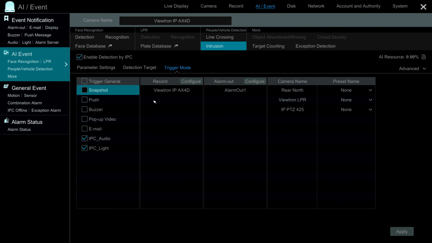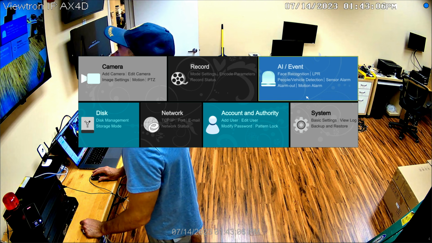You can trigger snapshot images. You can have the NVR pop-up video, and the NVR also has a built-in buzzer that you can apply there. Recording is already set up, so I'm not going to change that. When I'm done, I can click Apply, and then click on the X to close out the settings screen.